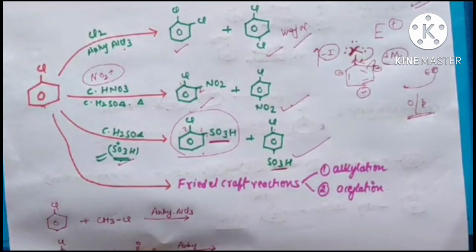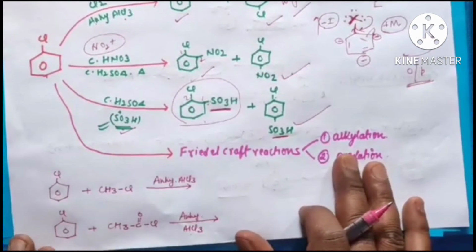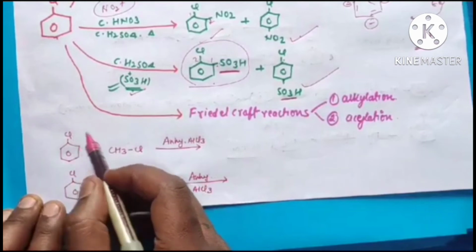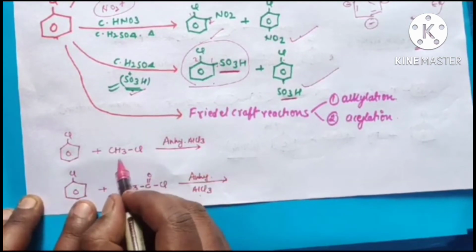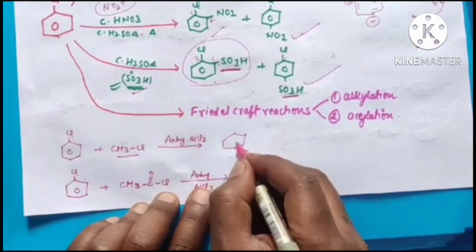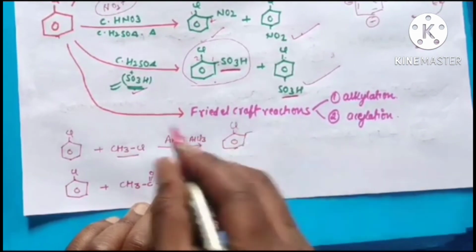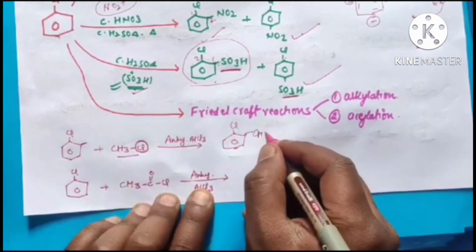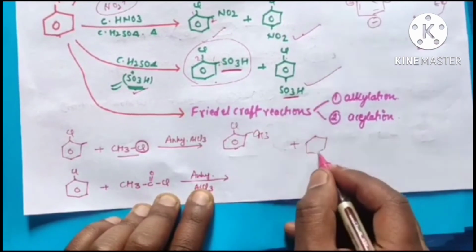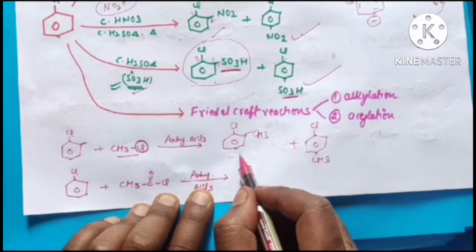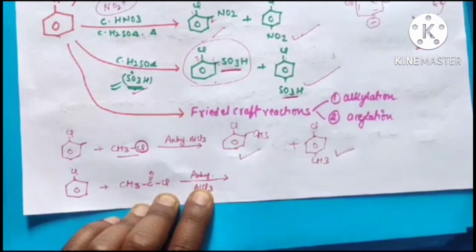Okay student. So now one more thing which we have to keep in mind. In the electrophilic substitution reaction, for example, this is the haloarenes. If you are going to react it with alkyl chloride in presence of anhydrous AlCl3, so what will be the product, student? This is the benzene ring, this is Cl. At ortho position there will be H, this Cl will remove out as HCl, the remaining species will be here at ortho position, as well as this product will occur at the para position. So this is ortho-chlorotoluene, this is para-chlorotoluene. Out of these two, this will be the major product.